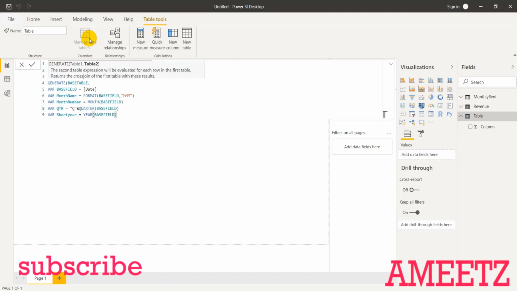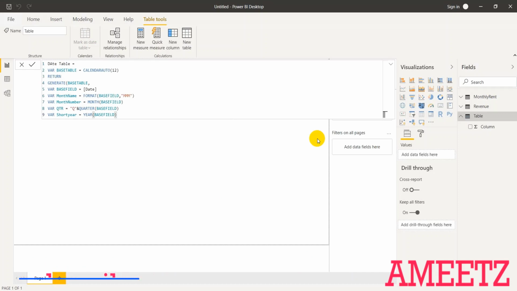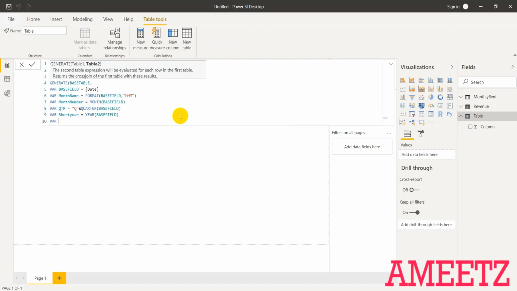Now this is giving me the basic columns of the date table. Now I need to create those fields which are important for visualization, and these fields will be part of those tables where I'm doing the comparison. First is the week number. I require the week number. So variable WeekN equals, within double quotes, "Week", and then the WEEKNUM function, and then BaseField. I'm not using the return type as of now. By default it takes 1, and I'm not focusing on that. I'm just selecting only the week number.